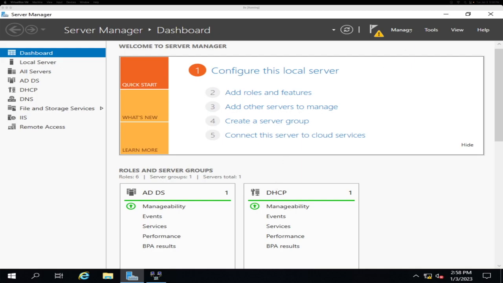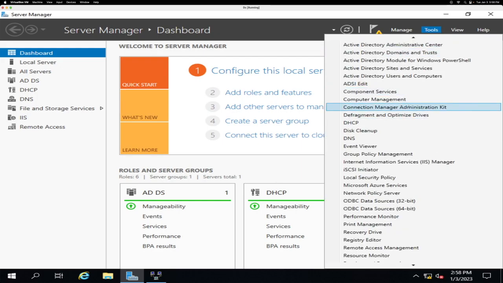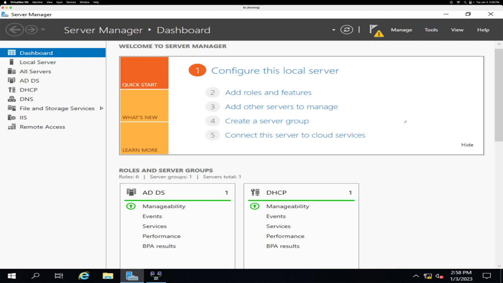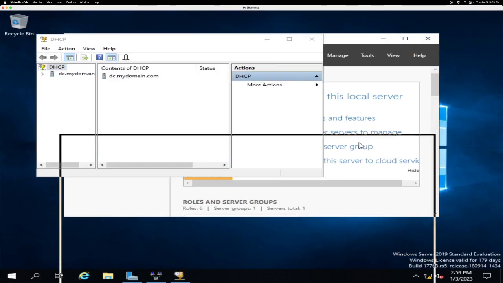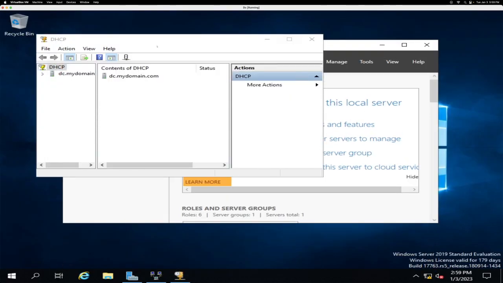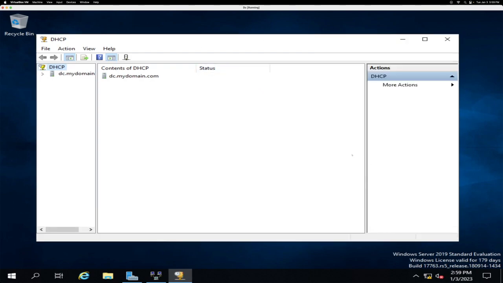All right, and now we're going to configure our DHCP. So we'll go ahead and click on Tools, DHCP, and it should be up in just a second. We'll move this out of the way. Okay, there it is. All right. I'm going to stretch this out so we can see it. Go ahead and click on that arrow. And as you see, once we click on the arrow,